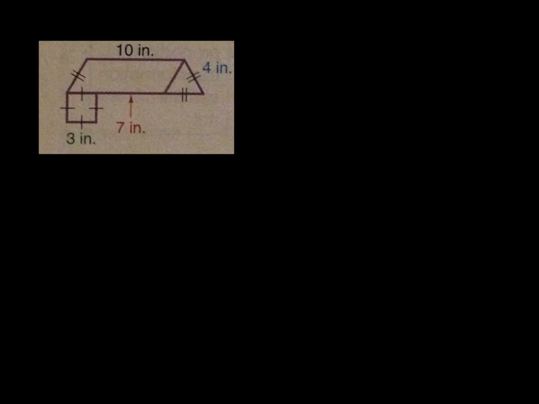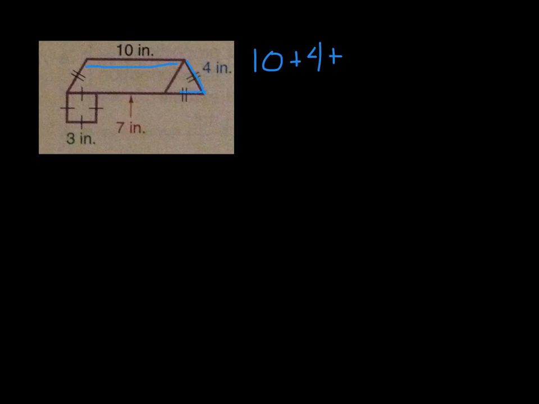Sometimes we'll have a more complex figure like this one, and to find the perimeter here, you're going to break it down into simpler figures and then add the lengths of its actual sides. So here we've got 3 different shapes: 1, 2, and 3. We're going to need to find the partial perimeters here. Here we know that this is 10, so I'm going to write that over here. So we've got the 10. I've done this line. Now I need this one. It tells me it's 4 inches